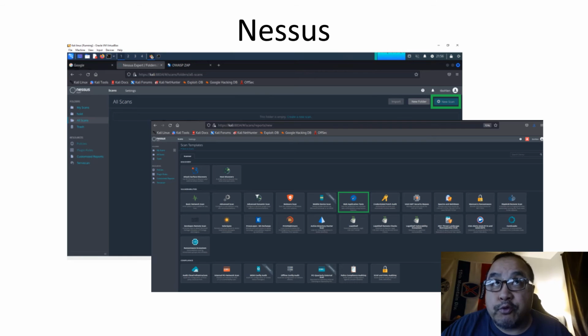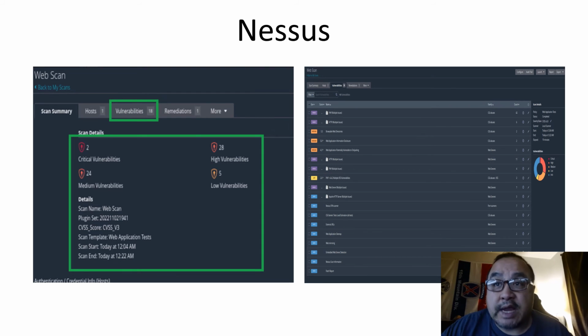Another detailed scanning program utilizing a GUI interface which scans for vulnerabilities. We create a template by clicking new scan and it will provide us with a list of scans. We will set up the scan using the web application test if our target IP address is 192.168.56.104 and run the scan. After the scan is complete, we can see that we have 28 high vulnerabilities along with 5 low vulnerabilities and